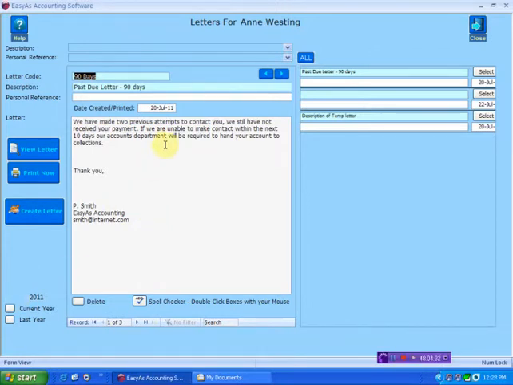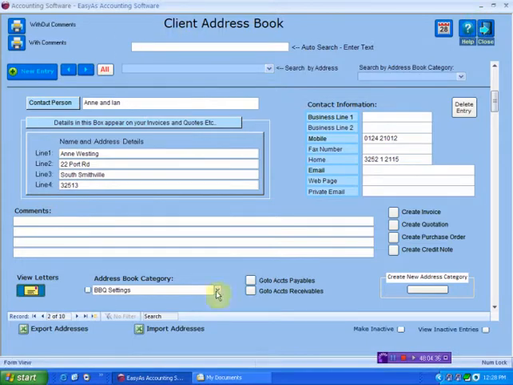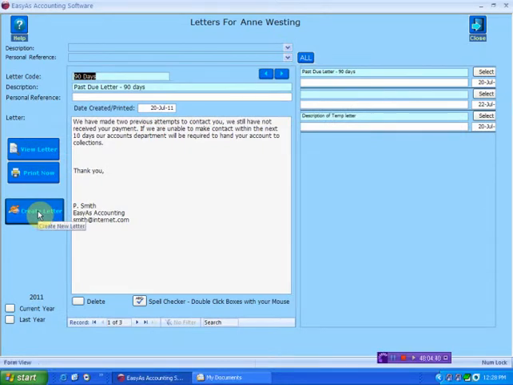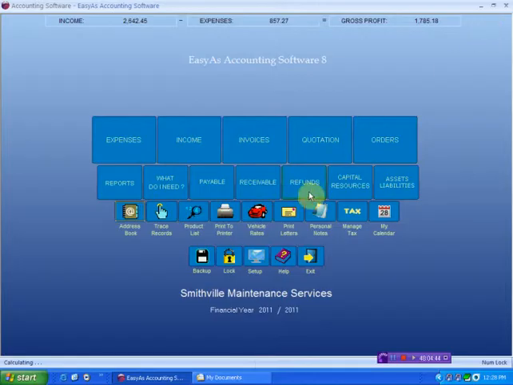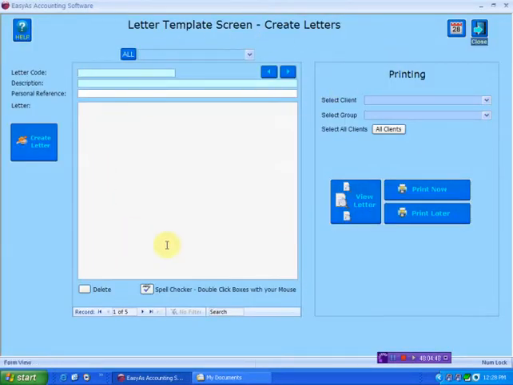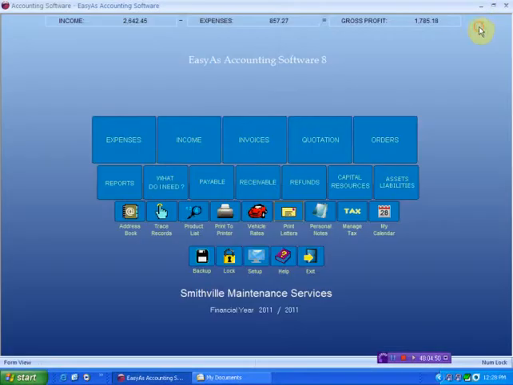Now, if I've entered the address book and I click view letters and I click create a new letter, all that does is it takes you into the default template screen. But it does something quite different. What it would do is if you select it from here,